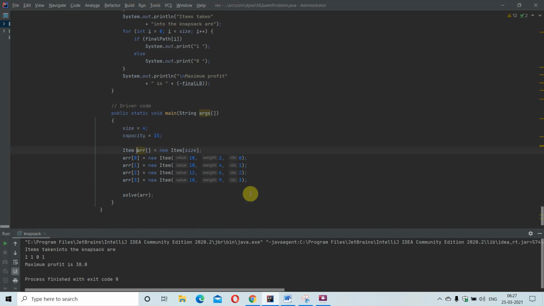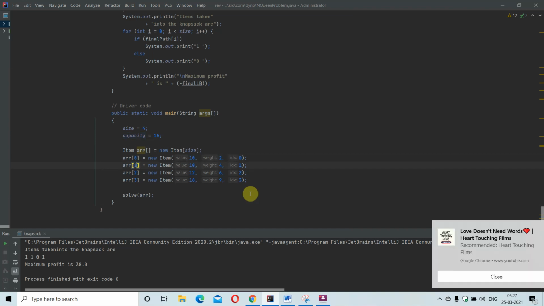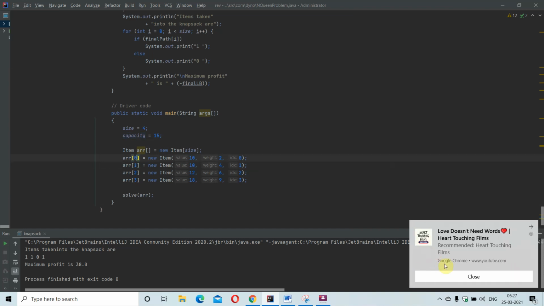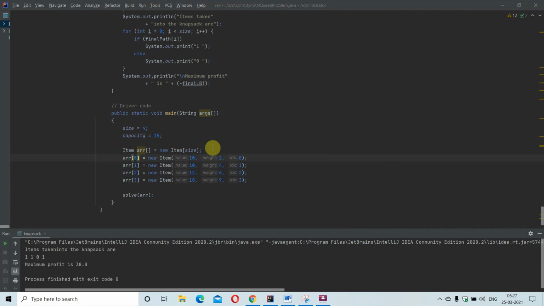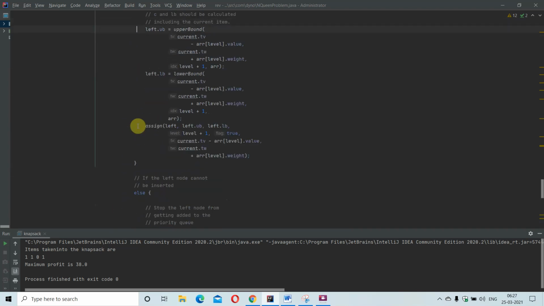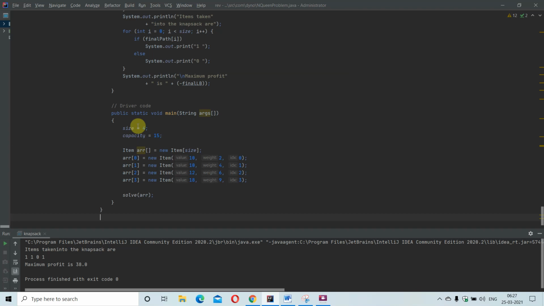Here in the main function, all the values of the array are declared here, and the size is also declared, capacity is also declared. Now the solve function, that is the last function, is called to solve this problem.